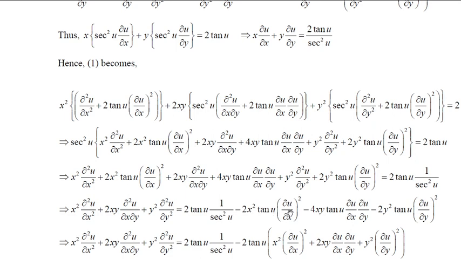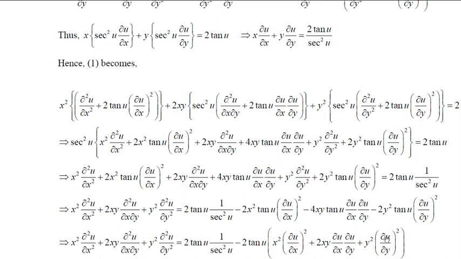Minus 2x square tan u into dou u by dou x whole square, minus 4xy tan u dou u by dou x into dou u by dou y, minus 2y square into tan u into dou u by dou y whole square. Now in all of this your minus 2 tan u is common, so that you are left with x square into dou u by dou x whole square plus 2xy into dou u by dou x into dou u by dou y plus y square into that. Now we can club the power of these two because both are 2. So that you will get x into dou u by dou x plus y into dou u by dou y